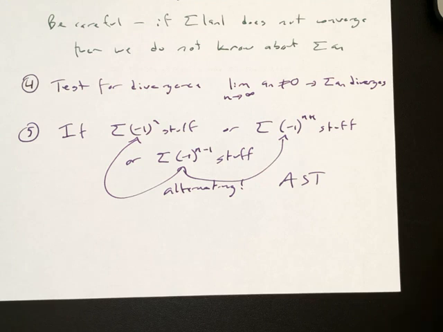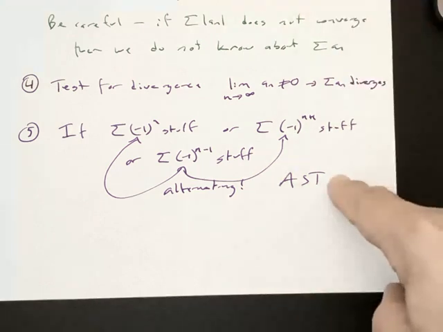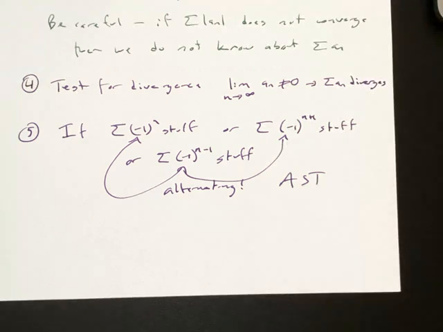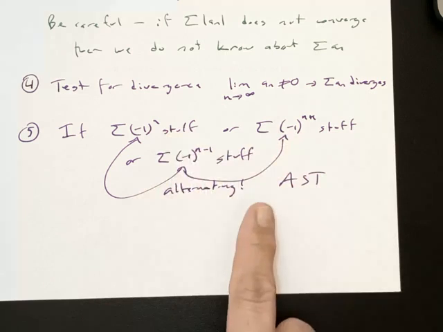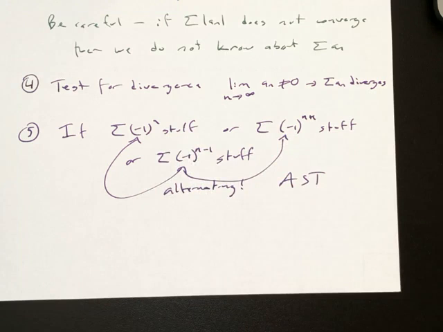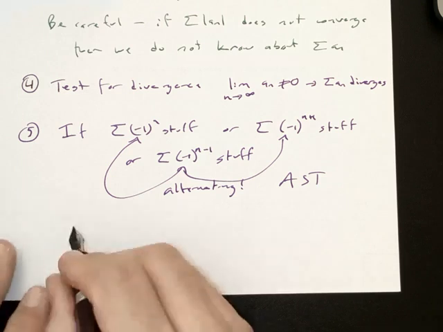We get b sub n plus one less than or equal to b sub n, also seeing a zero limit. Now, b_n was not defined in this version, but what's b_n? It's what I'm comparing to zero. In this version of the test, b_n is the stuff that I've written here. I didn't even use the phrase b_n, I just used the word stuff. So what I need to show is that the stuff is decreasing and that the stuff has a limit of 0. I chose to use the word stuff instead of the phrase b_n simply so as to not confuse myself. But if you want to use that,